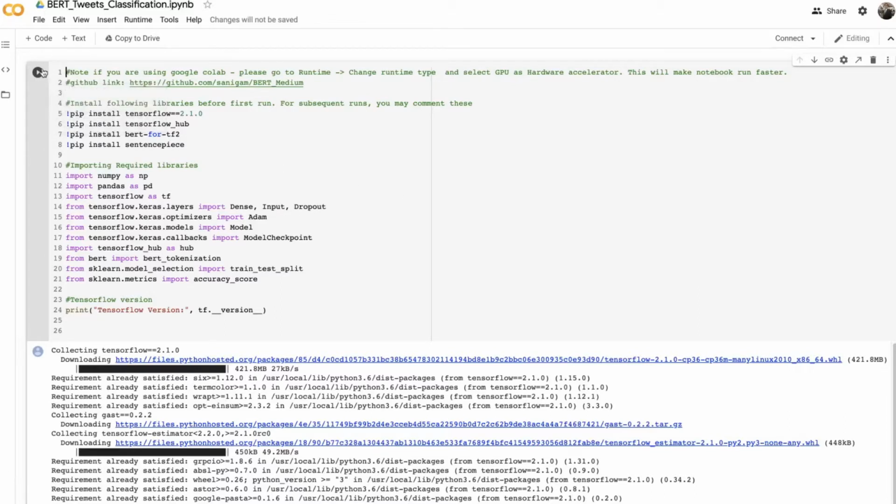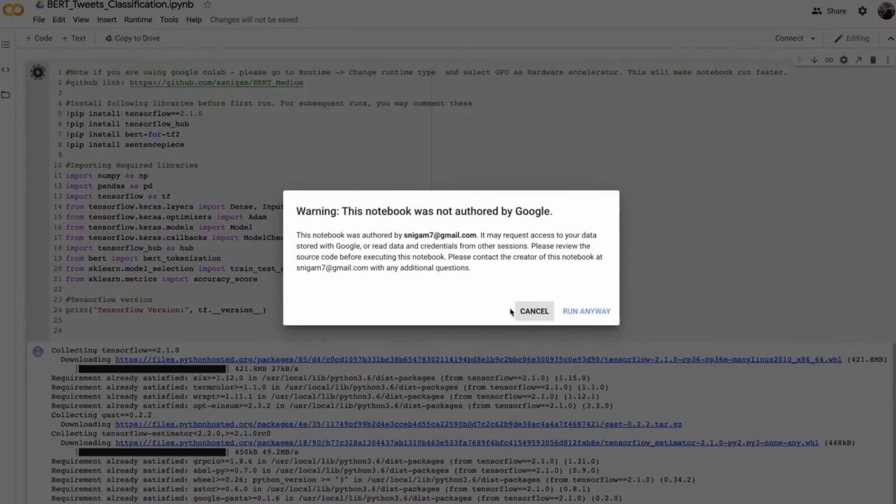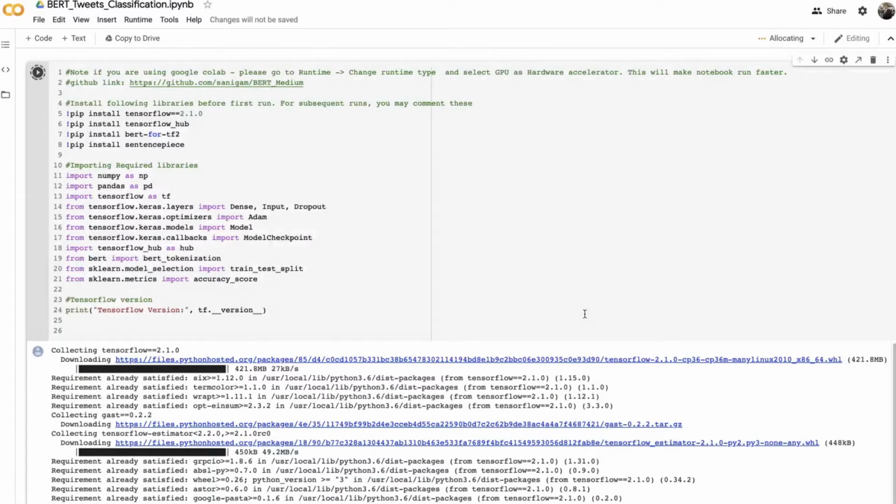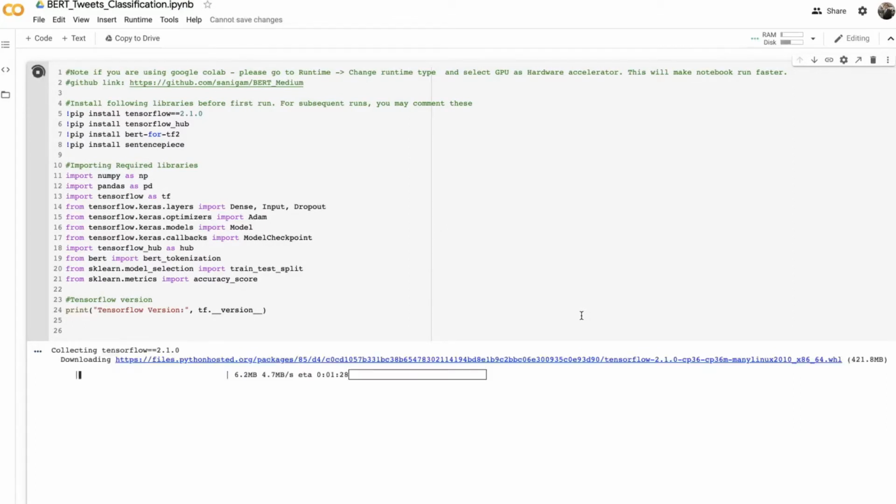The first cell is just to load the different libraries, and it will take a minute or so. You don't have to run these pip commands every time. Of course, you have to do all the imports.